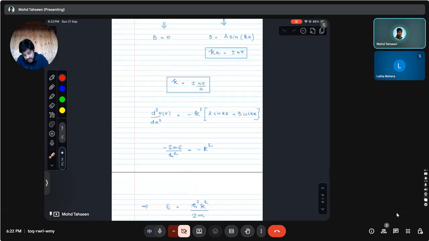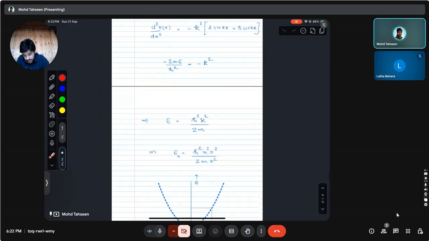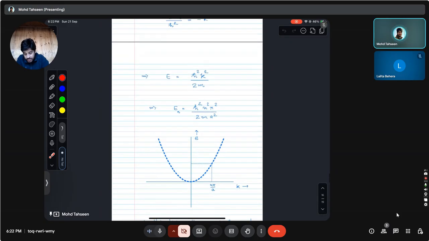And this n here is again the principal quantum number, and then we can find an expression for En, which is the energy of the nth quantum state, right? And it has this expression here. And if we look at how it depends on n, or how it depends on k, there's a parabolic variation, which can be shown by this parabolic behavior here. Here k is the wave vector, and it's quantized.